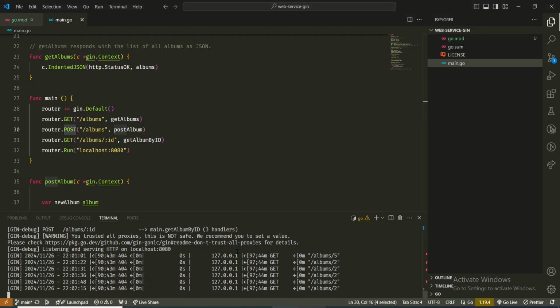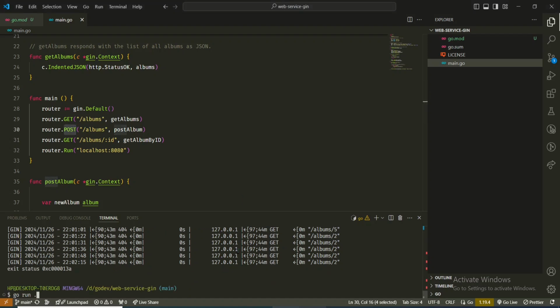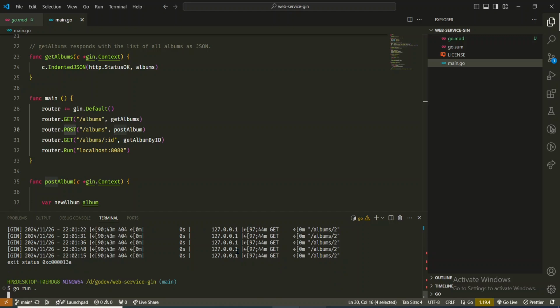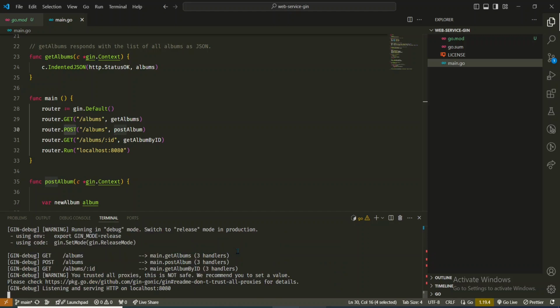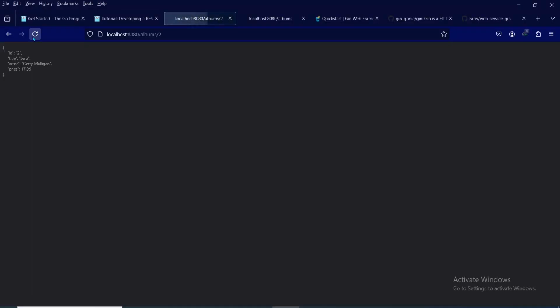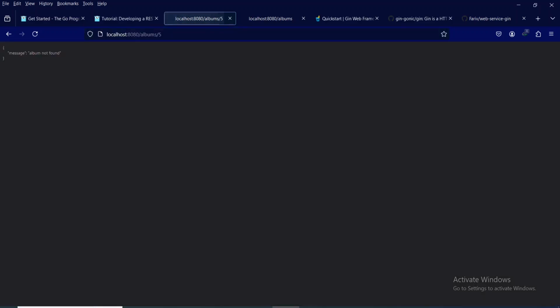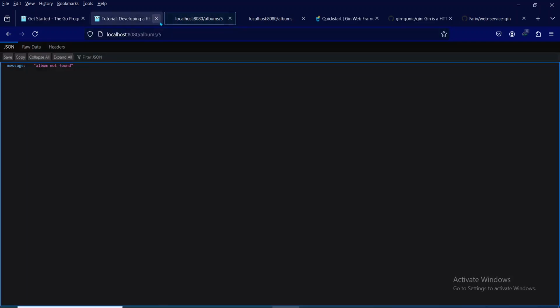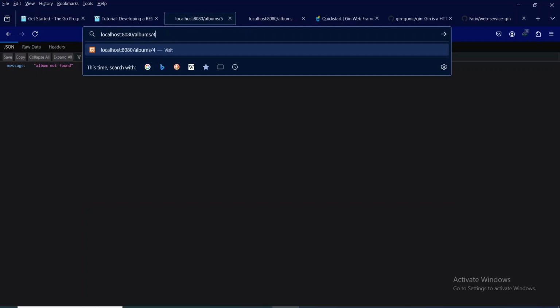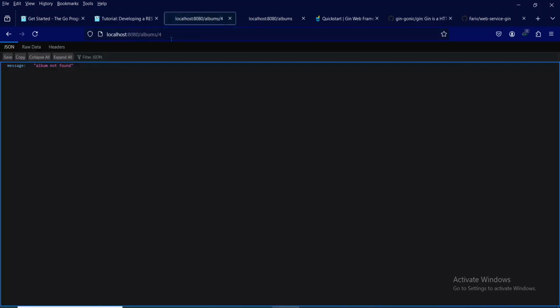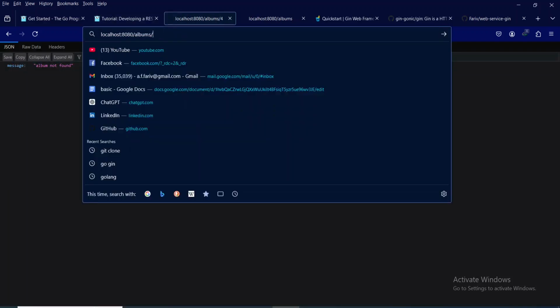Okay, it will not work unless I compile it and run it. Now it should work. Yeah, only 2, 5, only 4 data here initially, not 4, I think only 3